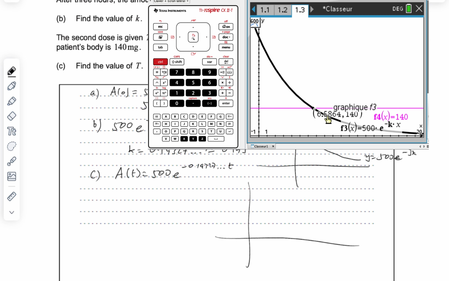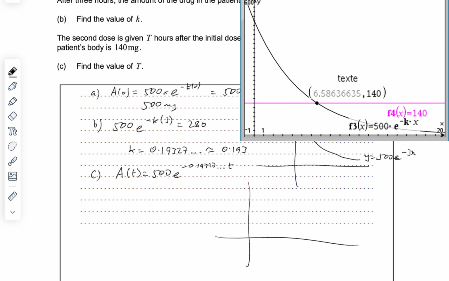And it's given the intersection point. That's the value you want for t. If I hover over that value, actually I'm going to control click and then drag it up. Hover over that value, oh no, to come out of the adding value, hover over that value and press the plus button. Each time I press plus, it adds more details there, so I can see it in more detail without having to copy it onto the calculator page. And now we've got this decays like this, and now we want 140 here, so this is y equals 140, and this is y equals 500 e to the negative 0.19327 t, and this intersection point here